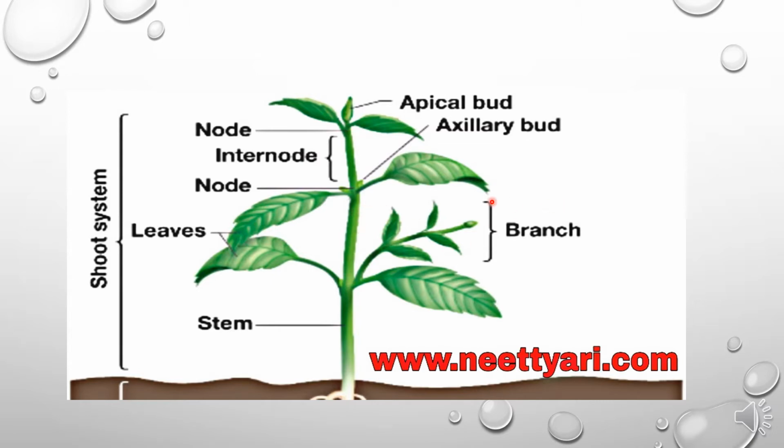And what is a branch or shoot? The part of the stem bearing leaves is called a branch or shoot. The bud is the part of the stem in which the leaves are in a compact portion, not fully exposed. The bud is that part of the stem in which the leaf is in the process of developing. The leaf is not fully developed, so such a part is called a bud.